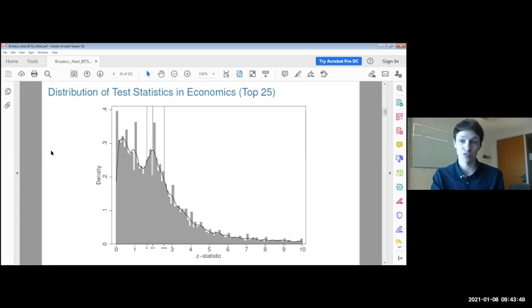If I showed you this for sociology or political science or other social sciences, it's much more. In economics, there's p-hacking happening, but it's definitely not to the extent of other social sciences, which I guess is good news for us. But there's still probably a bit of p-hacking happening. There are tons of methods to measure p-hacking that have been developed in economics. You can have a look at the other paper if you're interested in how we do this. But that's the graph that we find for published studies. Now I'm going to show you in the next 4 slides what we find for papers that are rejected and accepted at JHR. Let's get to it.